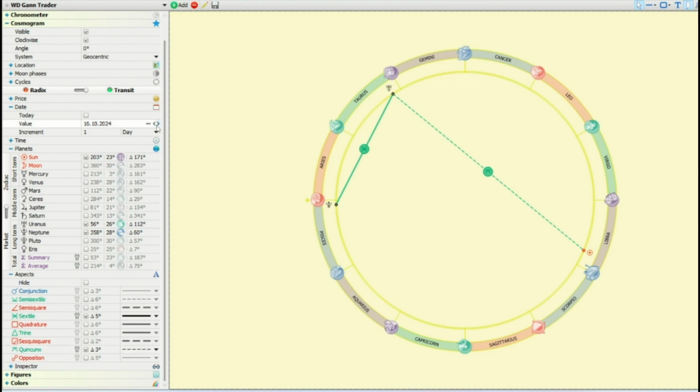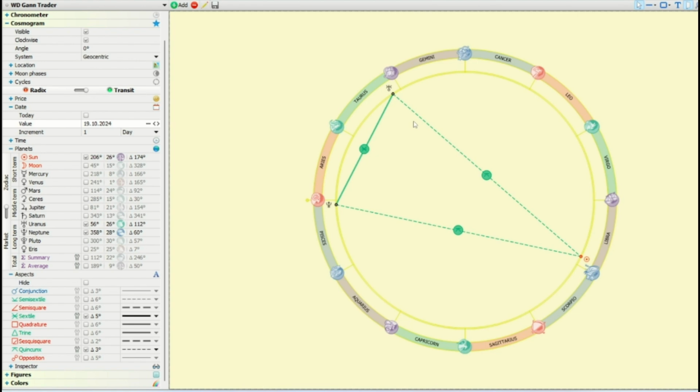Now when we go forward in the dates, here you can see a pattern is forming. Sun is in quincunx with Uranus, and Sun is also quincunx with Neptune, and Uranus and Neptune are sextile to each other. Whenever you see such a pattern, it works with very high accuracy for the reversal part. Quincunx is formed when two planets are 150 degrees far away from each other, and sextile is formed when two planets are 60 degrees away from each other. So whenever you see such a pattern, it works as a very good reversal.